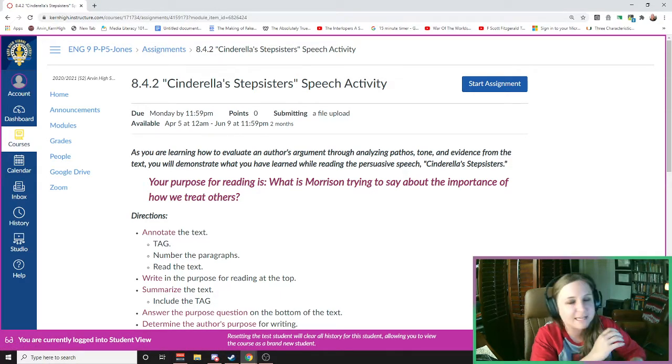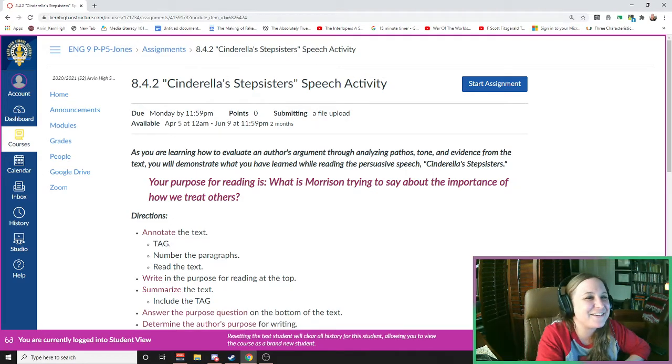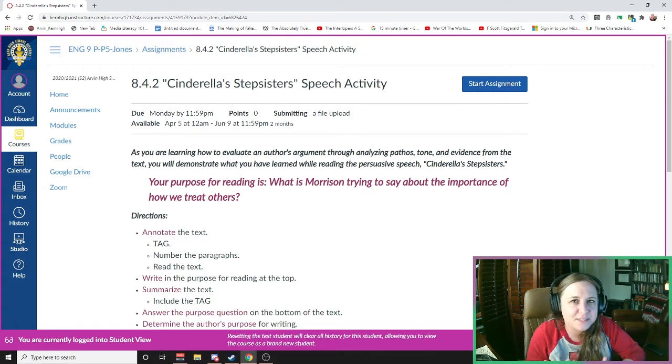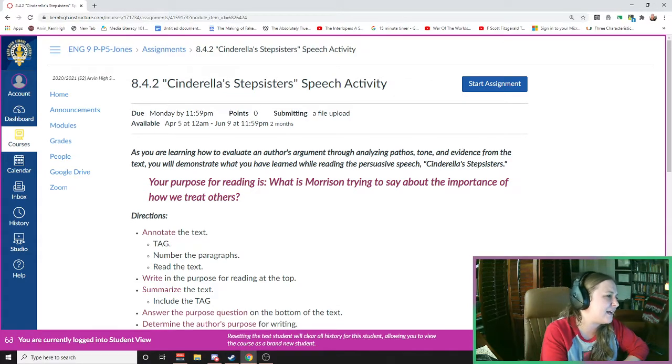Now lastly, the last thing we're going to work on this week, we'll get to this on Thursday. But I've given you this a long time ago, okay? I think at the very beginning of the unit. We've read this speech together as a class, but now we're going to consider how Toni Morrison uses the appeals to emotion to really make her point to the graduating class of 1979.